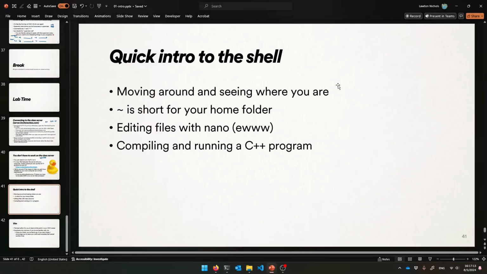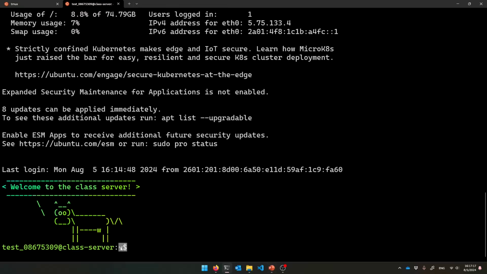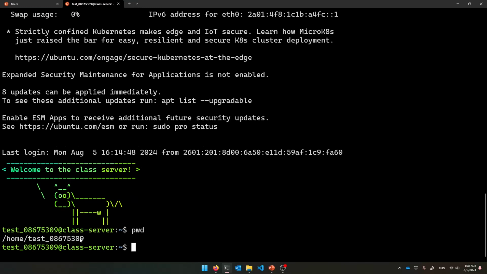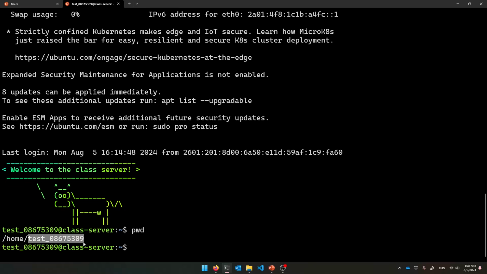Okay, so let me show you how to move around. So when you log in, you are plopped into a place called your home folder. The terminal prompt will tell you that. This tilde is short for your home folder. If you say pwd, short for print working directory, and hit enter, that's really where you are. There is a folder in the root directory of this file system, and there's a home folder, and inside of the home folder is a folder with your username, and that's your home folder. That's the place where you put all your stuff that belongs to you. Okay,